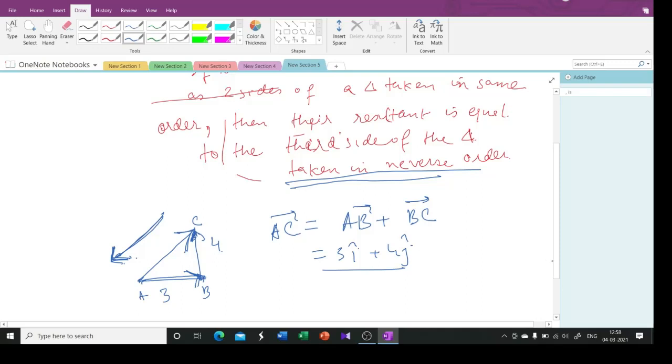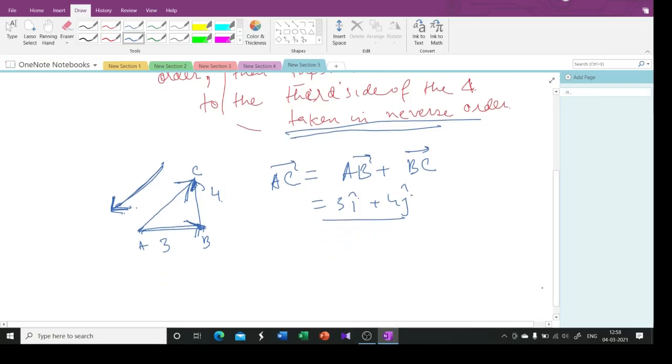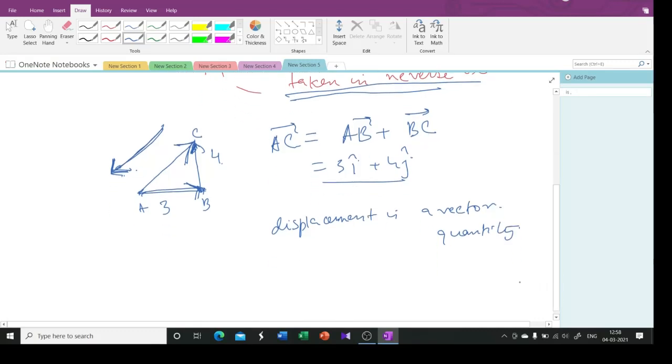And now we know that displacement is a vector quantity. So now we see that the laws of vectors hold for displacement. So now we can say displacement is a vector quantity. You can say that, right? Now the thing about displacement is that now you can get a feel about how this is happening.